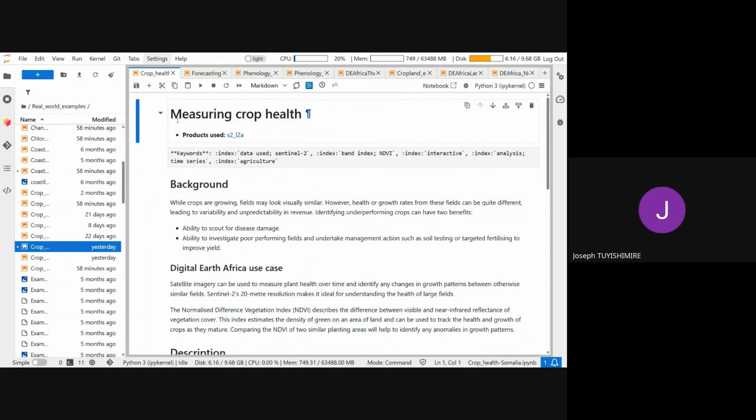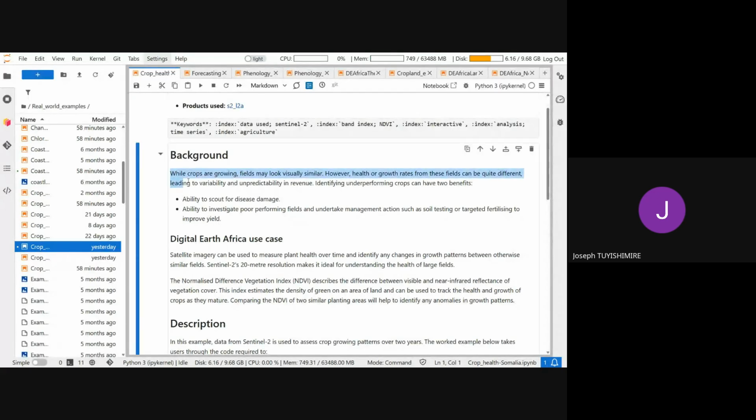Each notebook is very well detailed. It has a title, the input data. Here you'll be using this NetCDF datasets. We have the keywords. It has the background. This is to scout disease damage, but also to investigate the reason behind the poor performance of a given plant in an area.